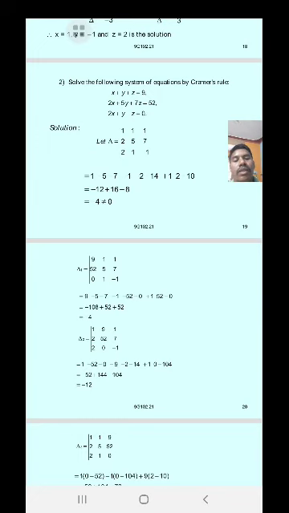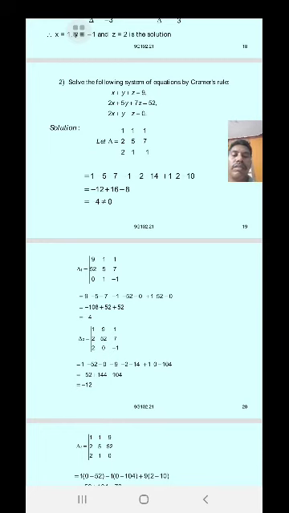So 1 half minus 52 minus 0 minus 9 half minus 2 minus 14 plus 1 into 0 1 half 0 minus 104,